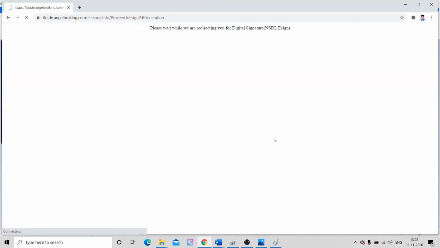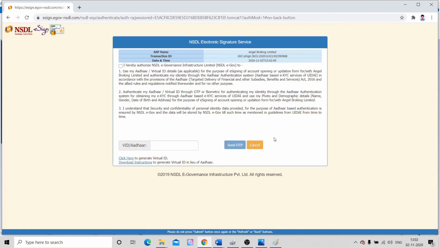This is the e-signing step. You need to do NSDL e-sign here by giving your Aadhaar details. You need to click on terms and conditions first, and then in this box give your Aadhaar number.